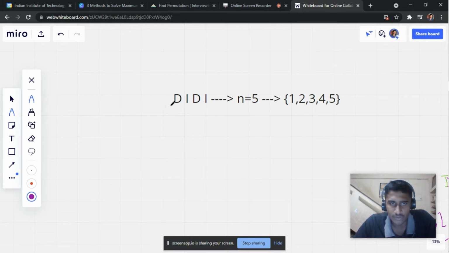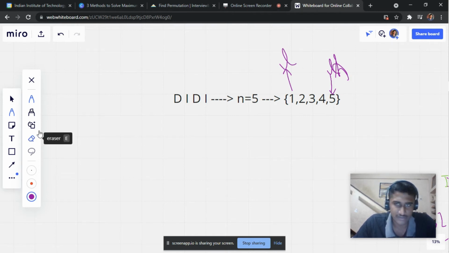As we know, the next element must be decreasing. So out of all these, which element has the most ability to decrease? That is the highest element, right? The highest element has more scope of decreasing. So let us assign it to be H for high. Now L for low, which is the least element. Sorry for this, I am erasing this.